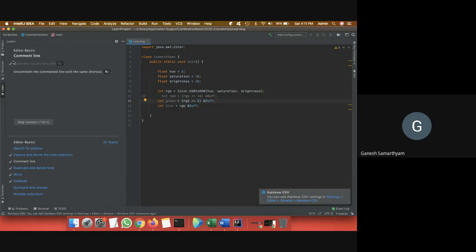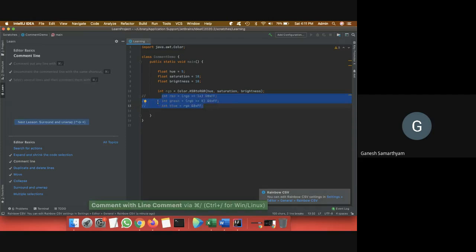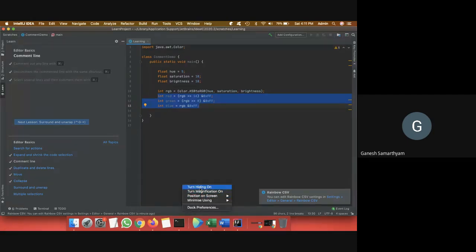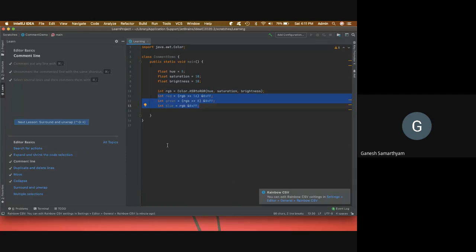So I have successfully completed this. And now I uncomment the line with the same shortcut. In other words, I can go back there and use the same shortcut again, and I will see that I have completed this task. Then select several lines and do this and do it again. So this is a way to learn IntelliJ IDEA very effectively. You have live prompts from IntelliJ IDEA for you to do something, and once you do it, IntelliJ IDEA gives you some feedback on how you have done that. That's awesome, and I found this very useful when I started learning IntelliJ IDEA.